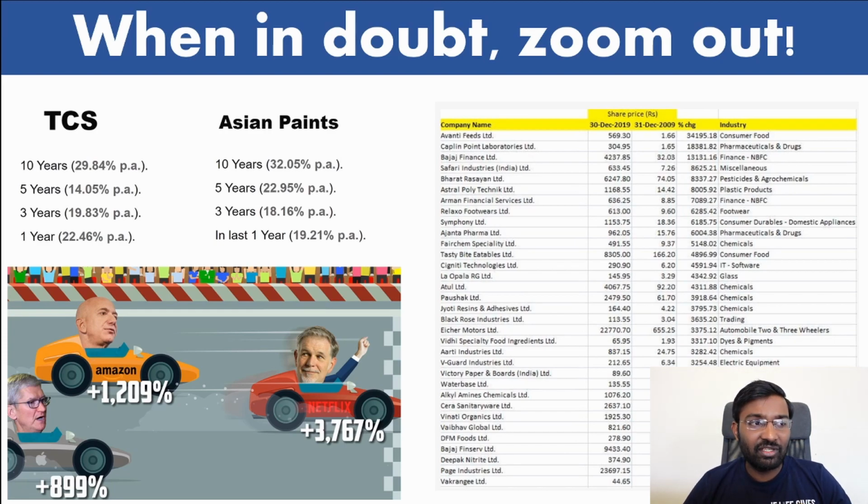And if you look at Amazon, Netflix, Apple, they all did phenomenally in the long term. Also, if you look at some of the small cap companies, they outperformed the market index by far. So if you look at the past 5 years, 10 years, you're going to do pretty fine. If you look at 6 months, 1 year, 2 years, then that's going to be difficult. But always in the 5 to 10 years, you are going to do phenomenally well.